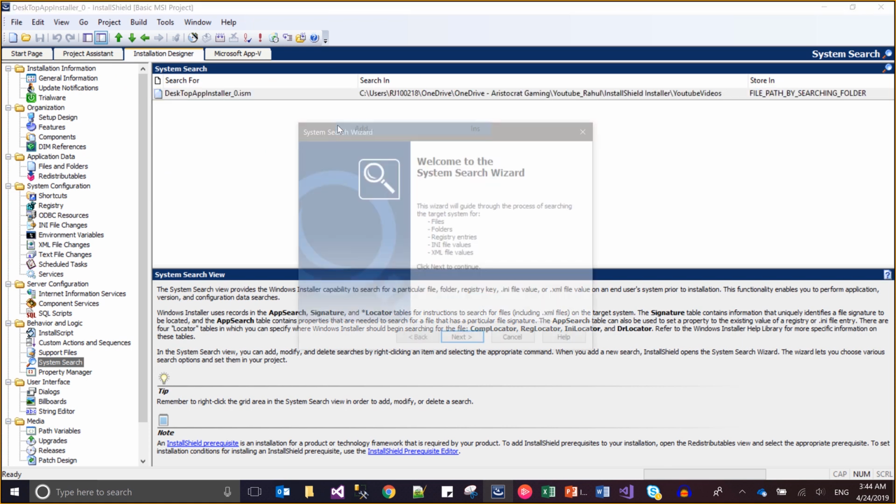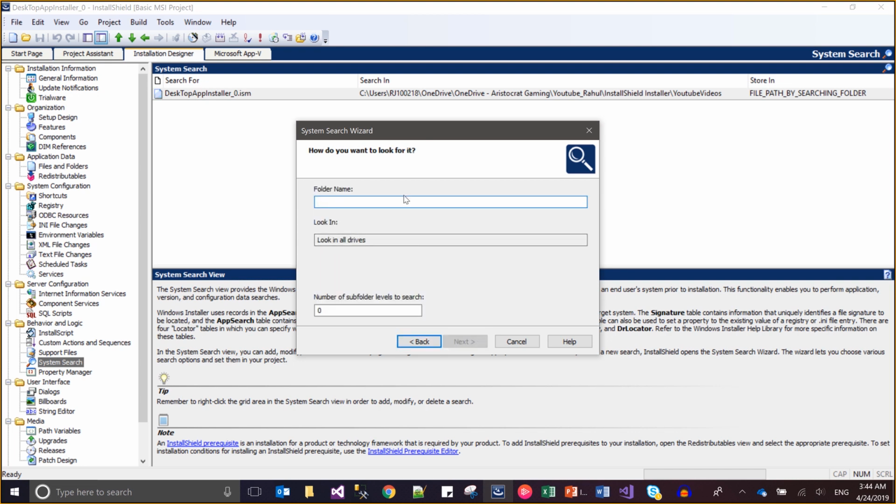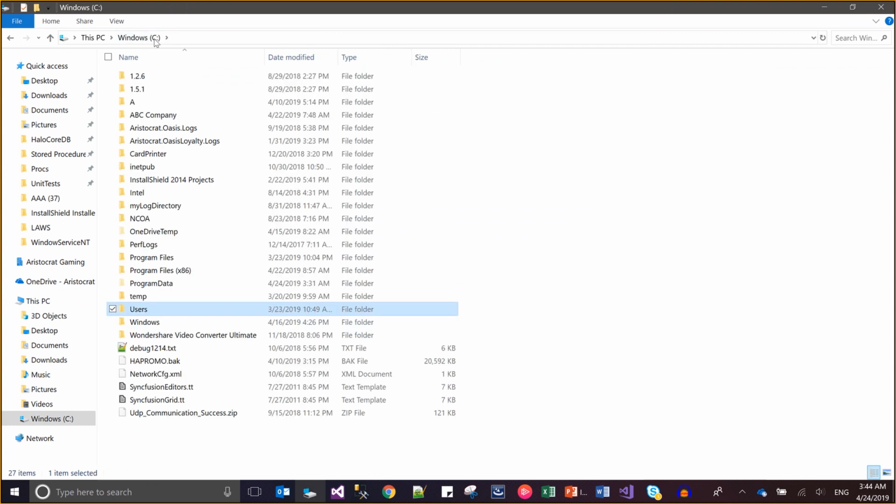Now the second one says folder path by searching all drives. Okay, and it says in all drives. So for the easiest reason, I will use the C drive because I already have the C drive, right? So I will just be giving the